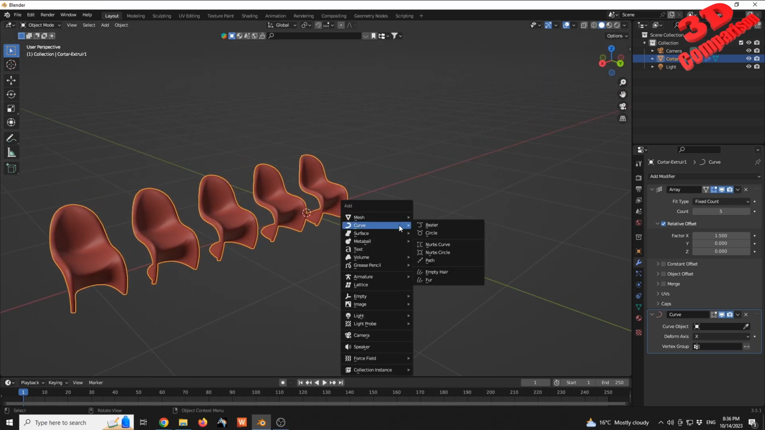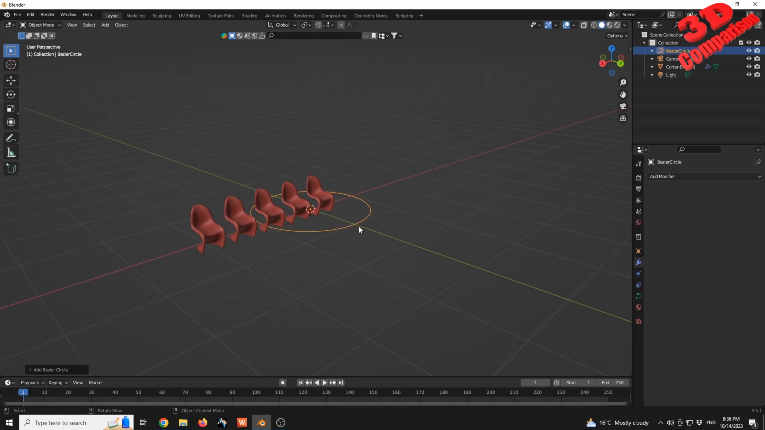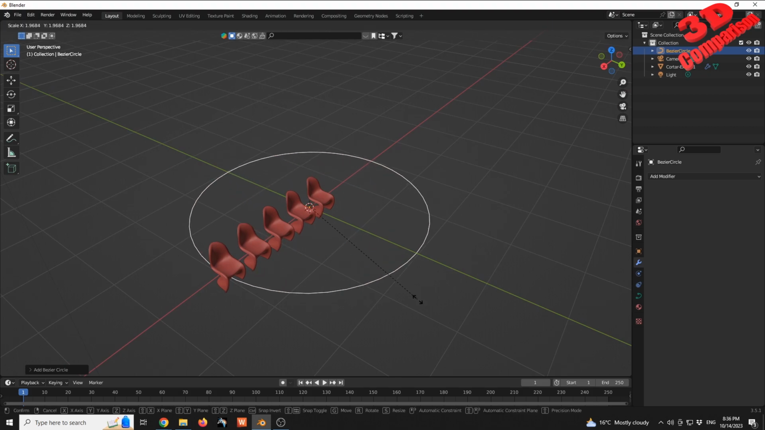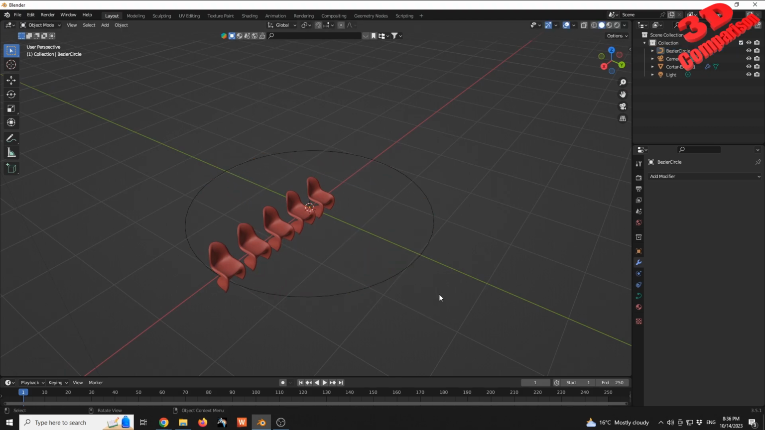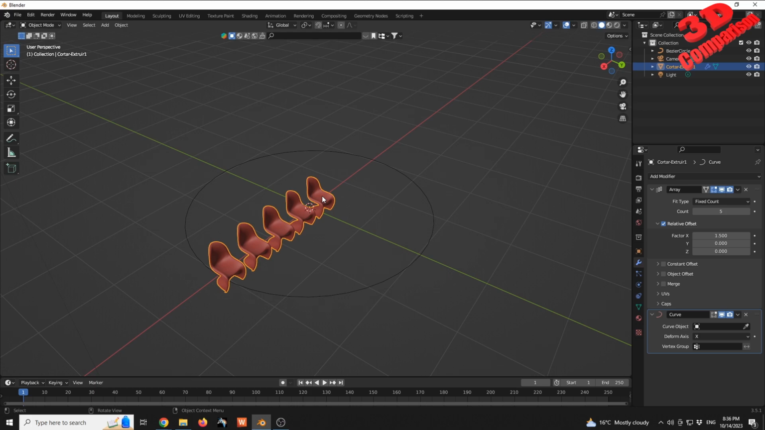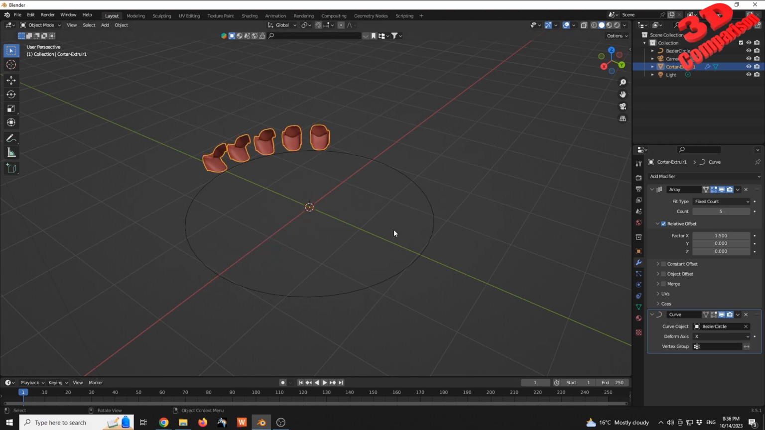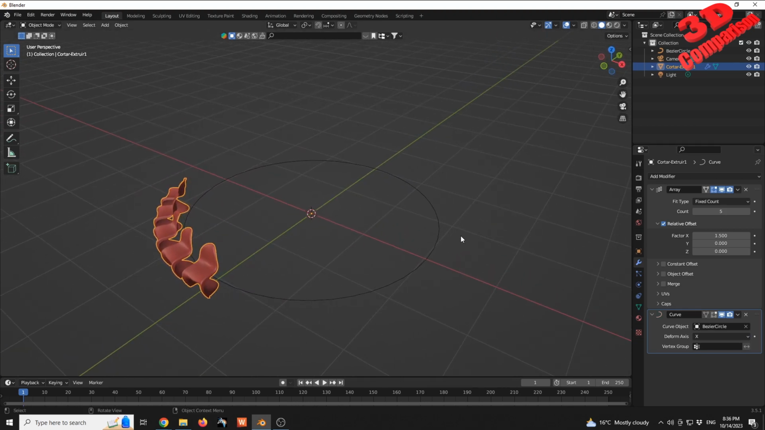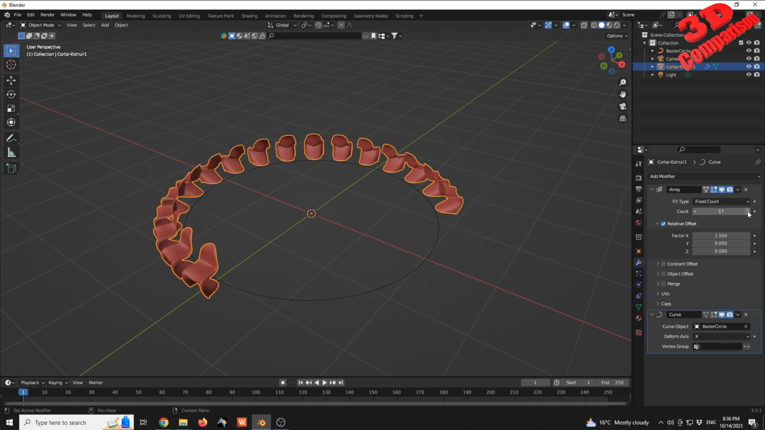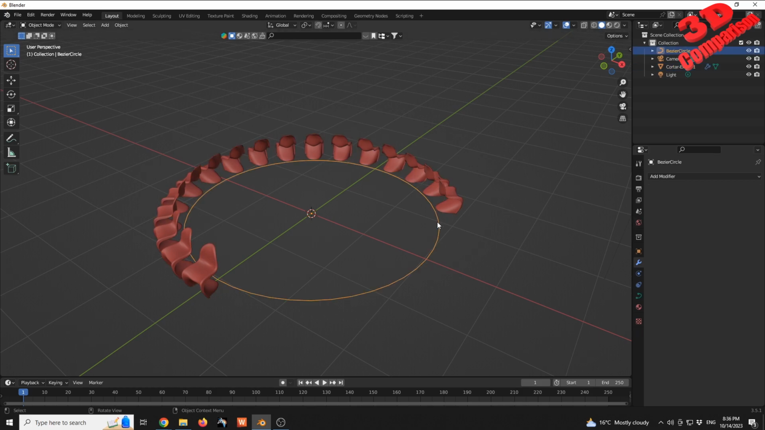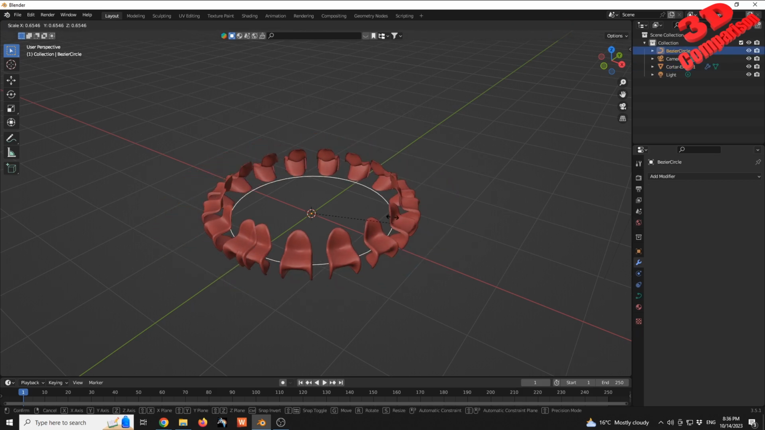So I'm gonna press Shift and A, and I will define a curve and a circle. I will scale this a little bit more, and afterwards, with the chairs selected, on the curve option I will pick the axis, and we're gonna see how those chairs will be aligned according to that curve. The possibility to add multiple counts. I also have the possibility to scale down in real time